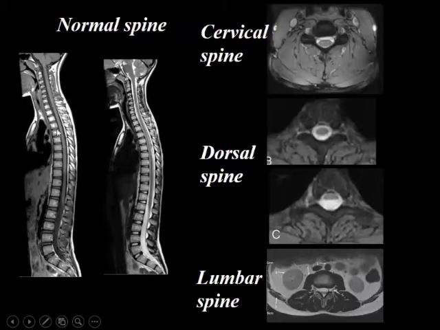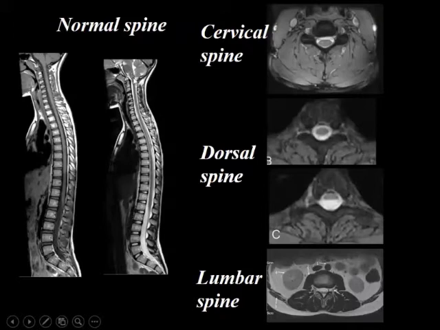So one midline section can beautifully evaluate the craniovertebral junction. You have the anterior arch of the atlas, you have posterior arch of the atlas here. This is the odontoid. This is the body of C2. So this is the craniovertebral junction. Then you have the clivus coming down anteriorly. Then the cervicomedullary junction can also be clearly evaluated on the sagittal sequence.